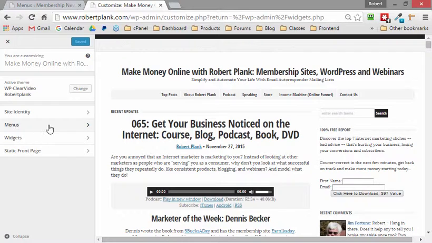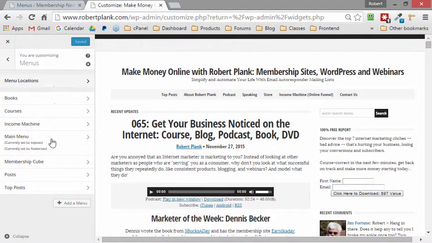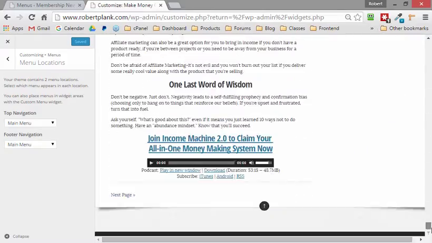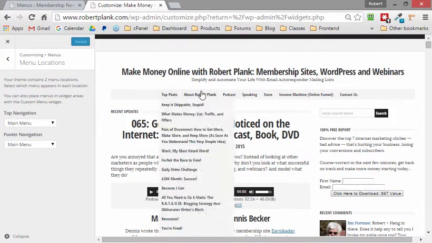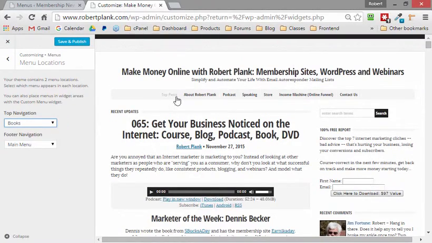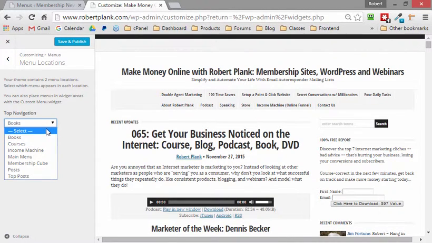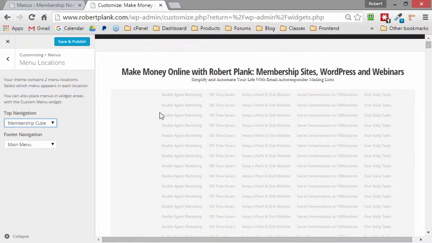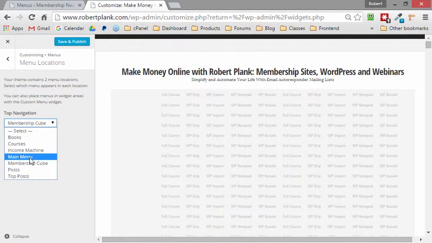So the place to go is menus, menu location. So here's a list of all the menus you have, menu locations, and then we can say, okay, well we have top, and so your theme might have none of these or a bunch of these. So my theme has top navigation, which is this, and then it has footer navigation, which I believe I might have turned off. But I have top navigation, and I can switch this. I made different menus earlier, and I dragged in links to my courses and links to books. So we have lots of crazy stuff here. So we can set this to main menu,